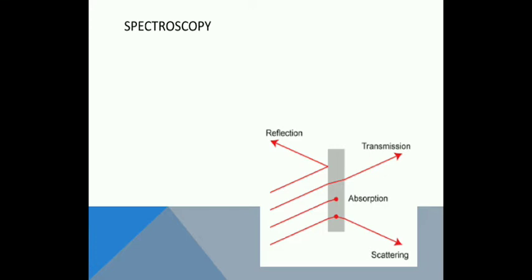What principle is used under this remote sensing? When light is incident on an object, the light may get absorbed completely by that object, or the light may get reflected completely from that object, or it is transmitted through the object, or the light may get scattered from that object. So you can see the figure where the rectangle indicates the object and there are the different types of light.